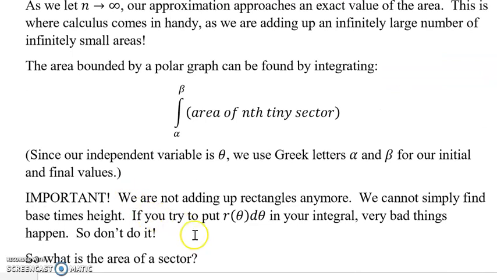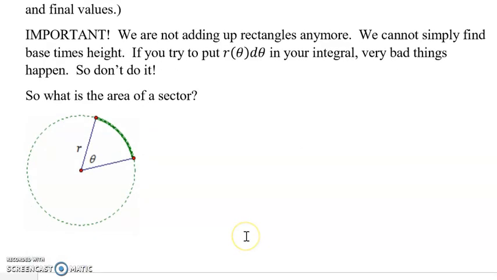The temptation is just to integrate from alpha to beta of r of theta d theta, just like we did f of x dx. That would be very bad because we're not adding up the areas of rectangles. We're adding up the areas of sectors. So what is the area of a sector after all? If we have a circle whose radius is fixed and whose central angle is theta, and we needed to find the area of that sector, so the area of this region right here,